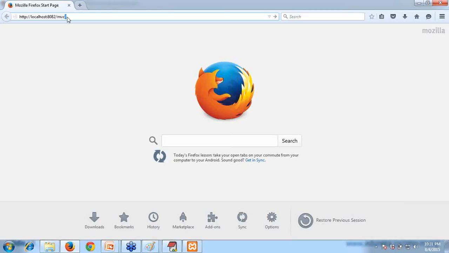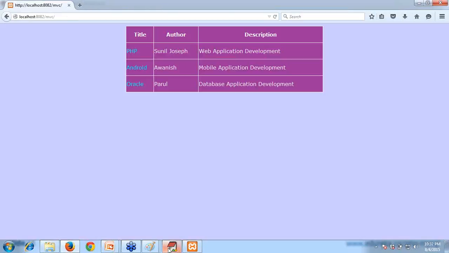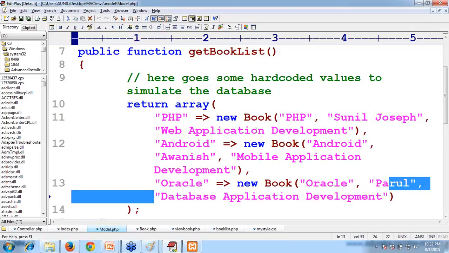You understand that this would be coming from the database, but we have not done it from the database. We did it in the same program itself. In the model itself, we hard-coded the data. Actually, it should be retrieved from the database. Normally in an MVC-based framework, we will use a method like find all or fetch all, which fetches all the data, and it will be presented.